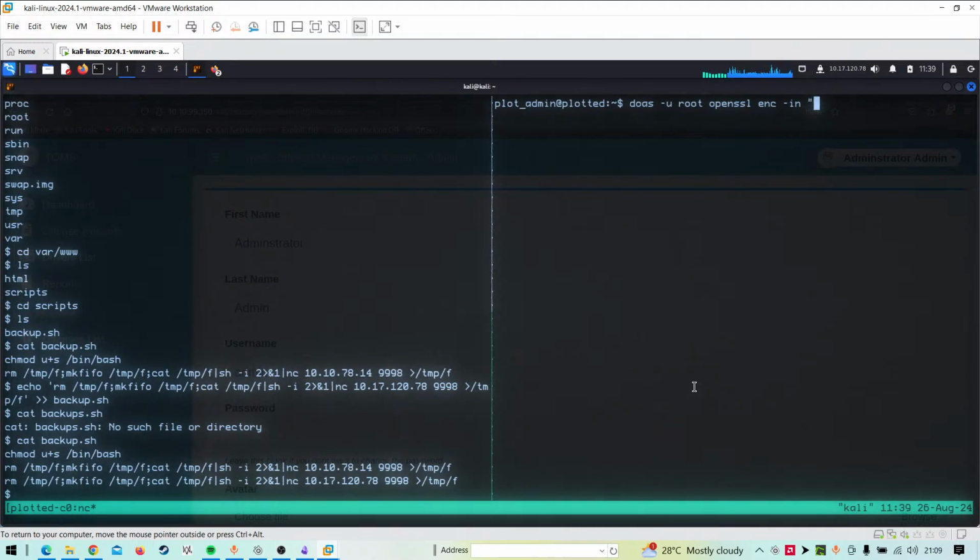I think it can be done. What else we can do is, maybe... It's a write operation, right? So we don't even have a password for plotted admin. Okay, so can we do something like plotted admin,